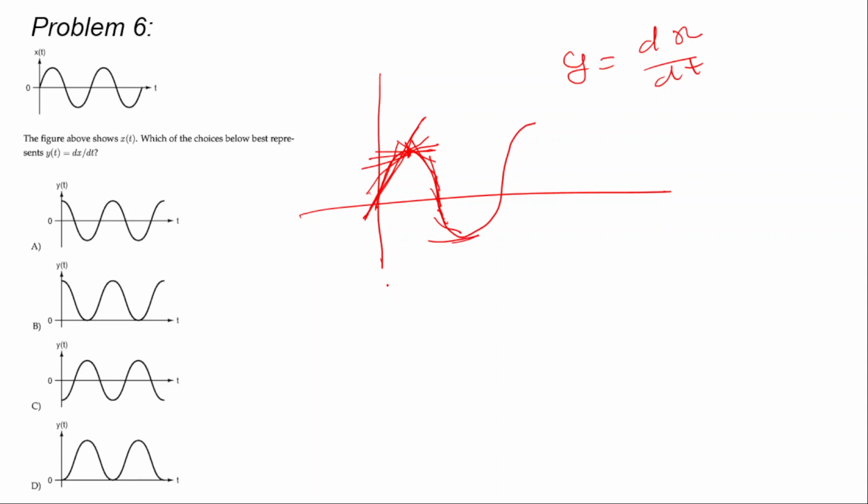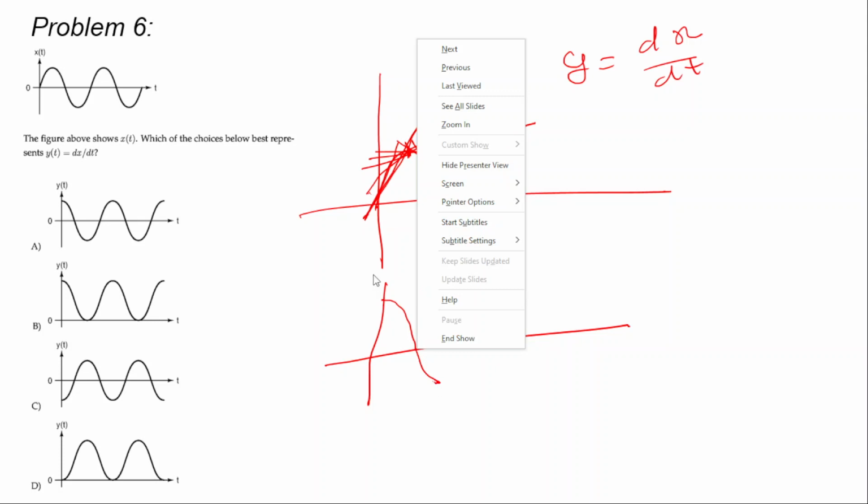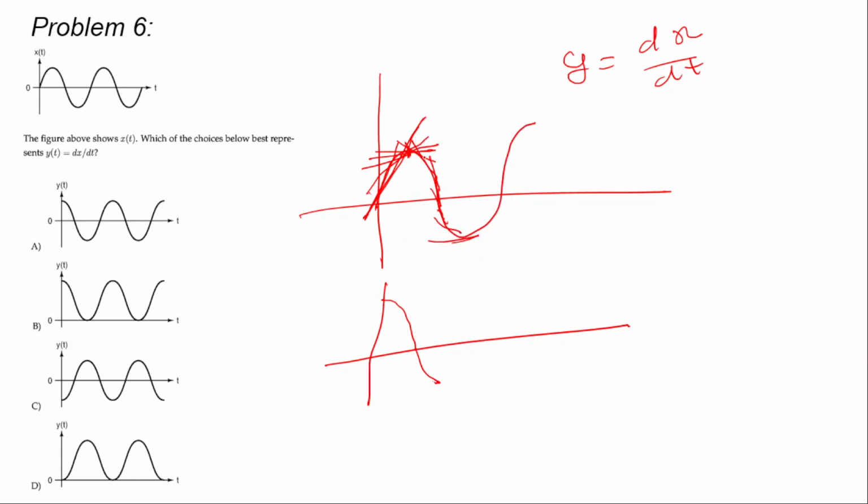So if we plot, the slope at this point is maximum and positive. Okay, so maximum, and after this it starts reducing, but it's more than 0. So the curve will be like this. Now it becomes 0. Now it will go to negative. For this duration it will be negative. So up to here the slope will be negative.